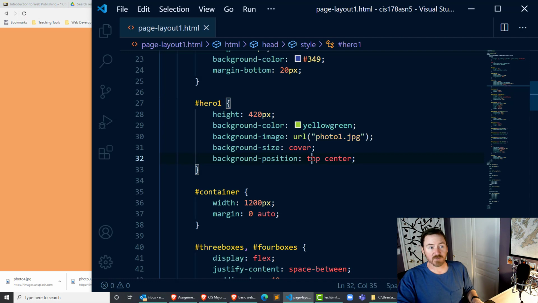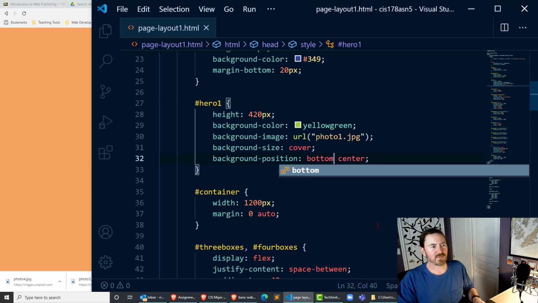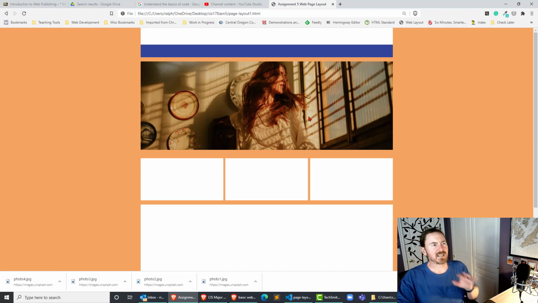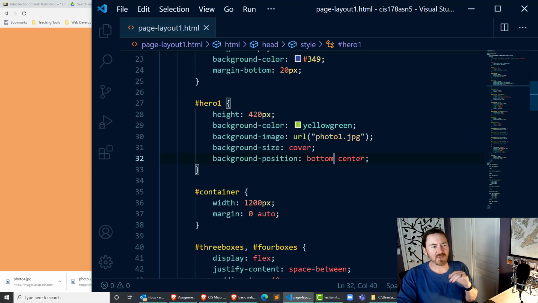Oops, okay, that shows me the top. Let's try bottom space center. So now I can see the woman, and I don't see that lamp up there at all. So that's what I'll do. So I got these 2 numbers, or these 2 words on here, by the way. Basically, the